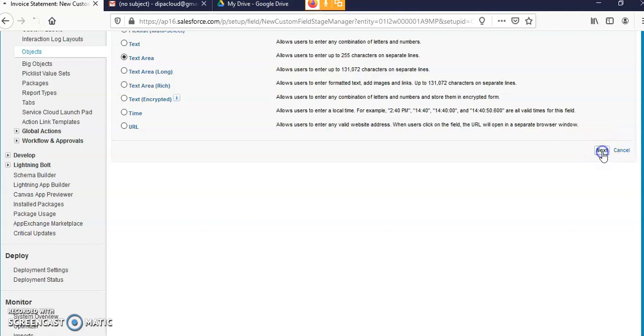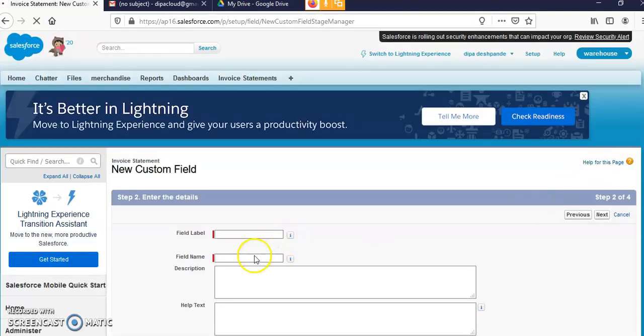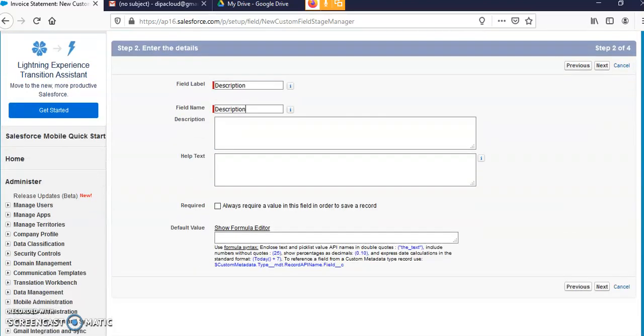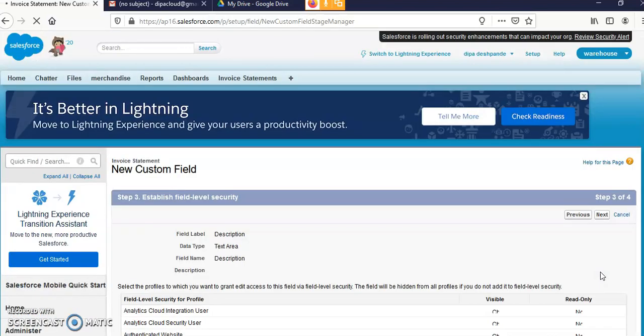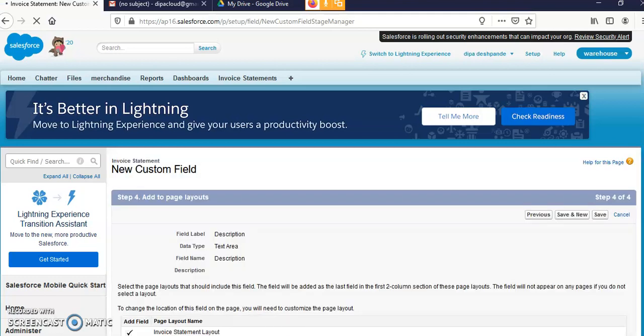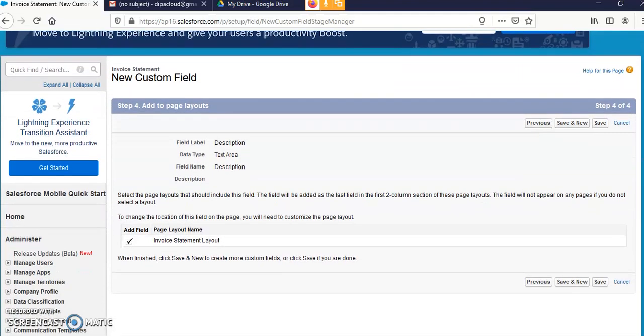So next, here we can write the field name, that is description, field label description, always require. Click on this option and next, save.